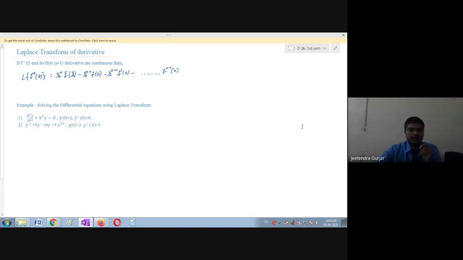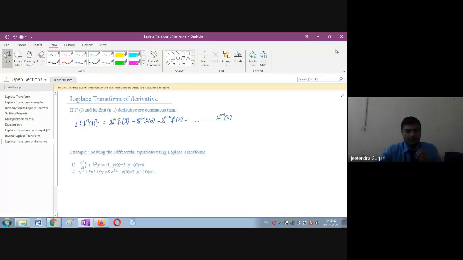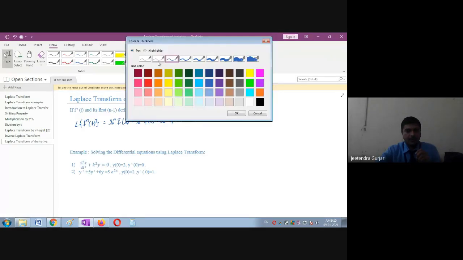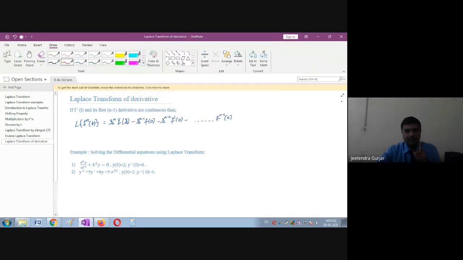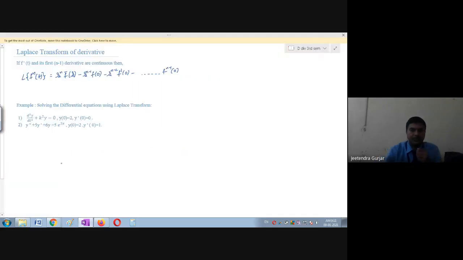You can see, we'll solve the example. We'll take solving differential equations using the Laplace transform. See the magic, students. This is a tool. Laplace transformation is a tool. Now, how are you going to use it for differential equations, how can we use the Laplace transform? Okay, so let us see here. Okay, so we'll just start now.